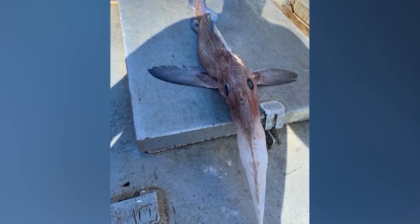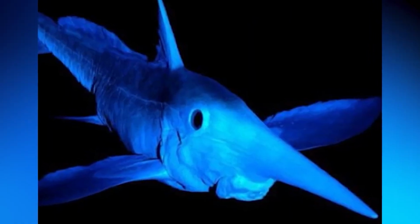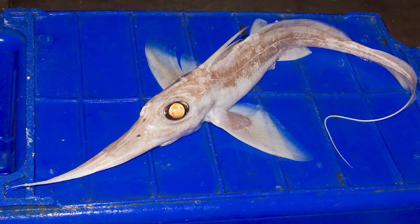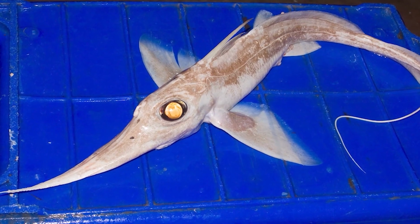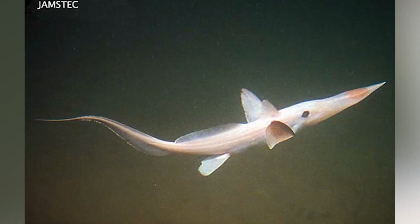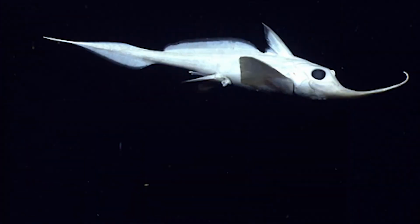Now, when he first pulled it up, he wondered at first if it might have been a platypus because of the impressive snoot on the beast. He described this pelagic nightmare's beak as being very rubbery, like cartilage. No one on the boat had any idea what they had found, so they kept the body of the fish and took it to a local fishery in the hopes that someone could properly ID their mystery monster. Luckily, somebody actually knew